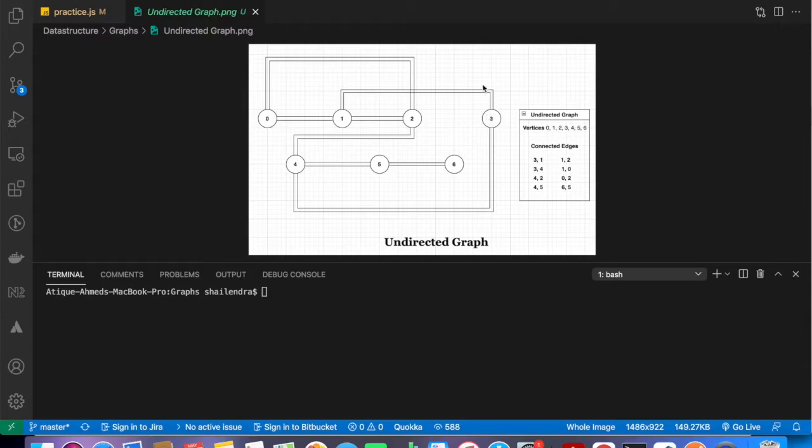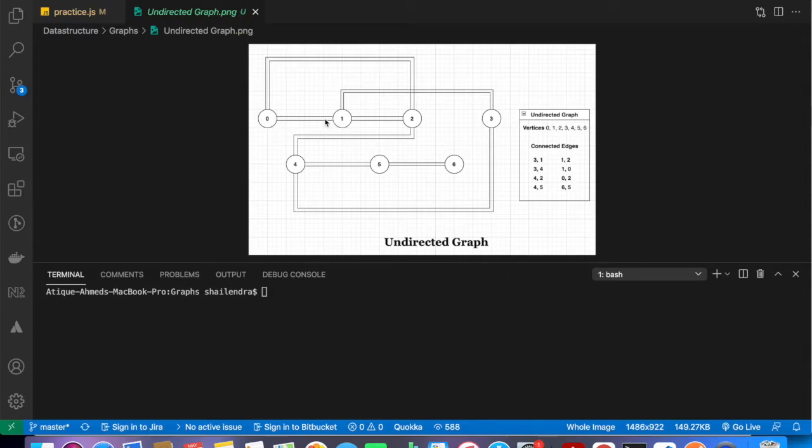You can see that 3 and 1 and 1 and 3 are both connected. Then 3 and 4, and 4 and 3 are both connected. Then 4 and 2, so 4 and 2 and 2 and 4 are both connected. Then 4 and 5, and 5 and 4 are both connected. Then 1 and 2, and 1 and 0.